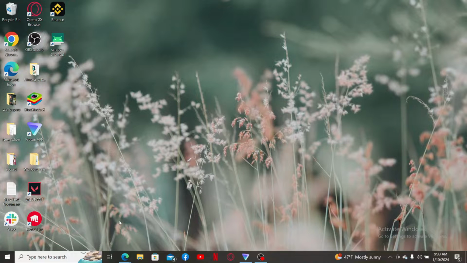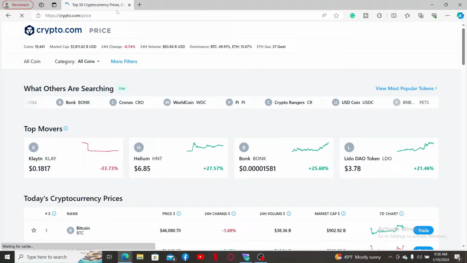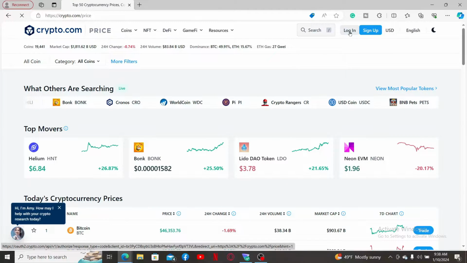First of all, open a web browser of your choice. Simply go ahead and type in crypto.com/price and press enter on your keyboard to end up in this page. Now, go ahead and click on the login button at the top right corner in order to log into your